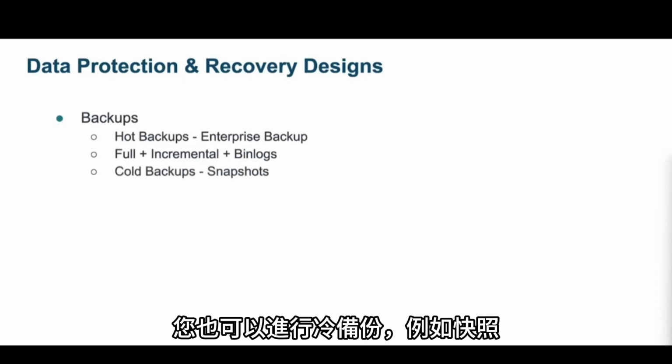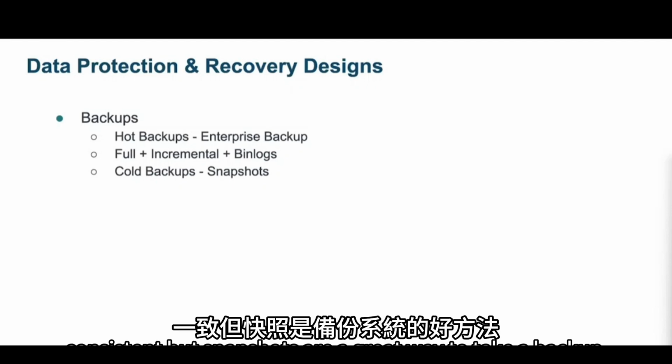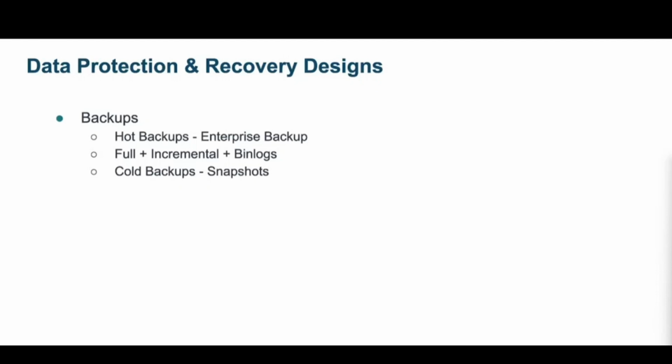You can also be taking cold backups, such as snapshots, where you need to do a little bit of configuration and pre-snapshot and post-snapshot scripting to make sure that your backups are going to be consistent. But snapshots are a great way to take a backup of your system, especially when you're talking about larger sets